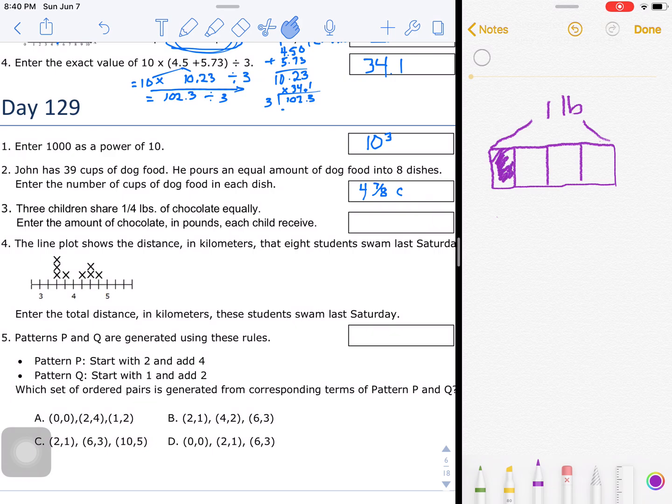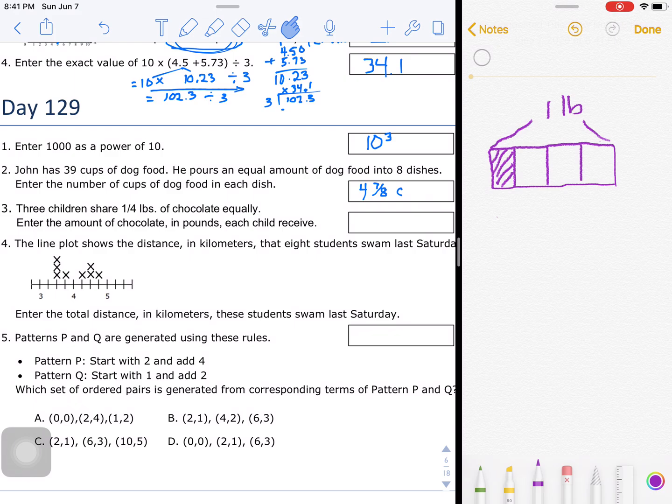So they probably bought a 1 pound candy bar, ate some of it, and now there's a 1/4 pound left that they need to share